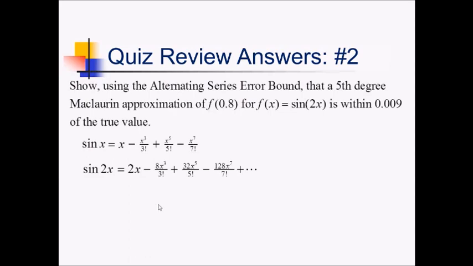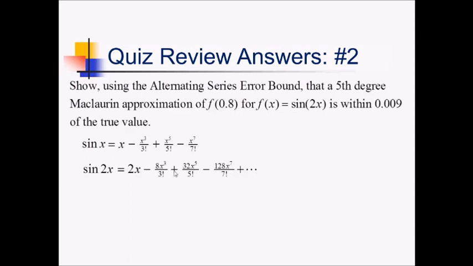We need to justify that we can actually use it. Do we have an alternating series here? We do, and it's based off of sine, which is an alternating series, so it is just going to keep alternating. Sine of 2x just keeps alternating. Are we decreasing in absolute value to 0? Are these terms getting closer to 0